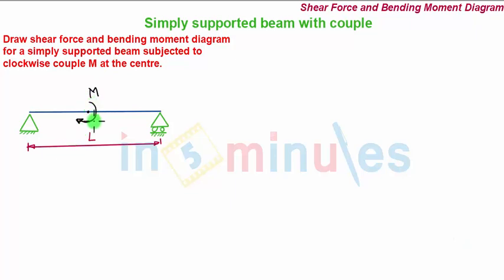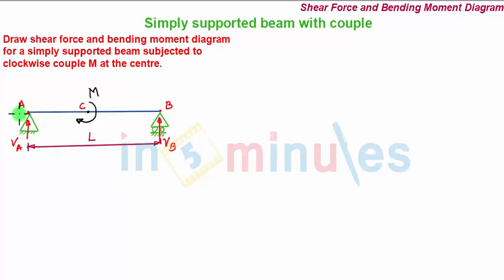Since in the problem a clockwise couple is acting, if we put a hinge support over here and a roller support over here, the beam will simply rotate about this point. So we won't have static equilibrium of the beam, and that has to be taken care of. Now, due to the applied moment, reactions will be developed in the two supports. Let those reactions be denoted as VA and VB, since we take these two points as A and B. And let the point at which the couple is acting be C.